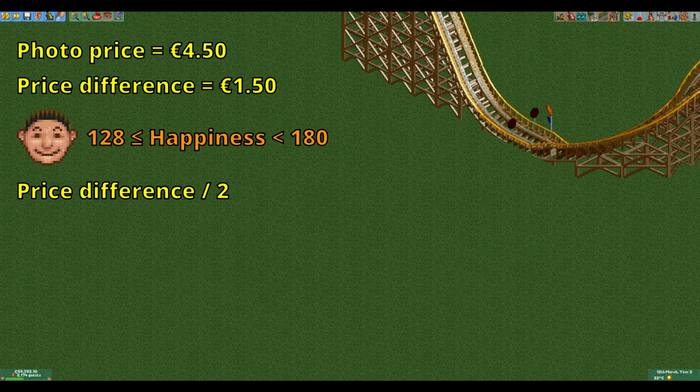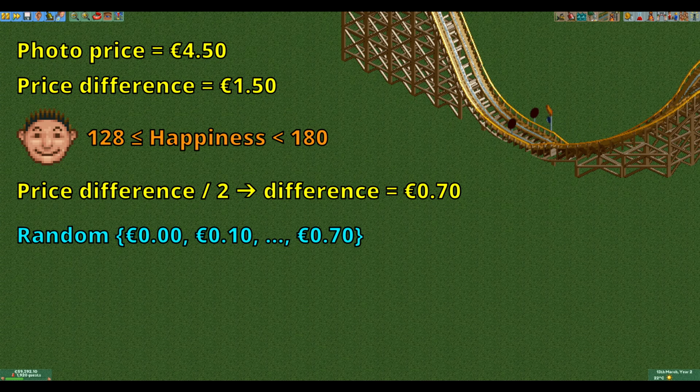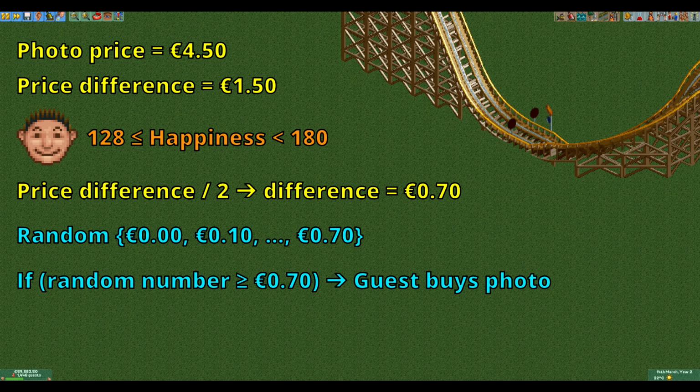The difference of 150 is divided by 2 and rounded down to the nearest interval of 10 cents, which results in a new difference of 70 cents. This is just about within the range of the random number. Only if the randomly generated number has the highest value of 70 cents, the guest will buy it. This means that there is a 12.5% chance, or 1 in 8, that a decently happy guest will buy the